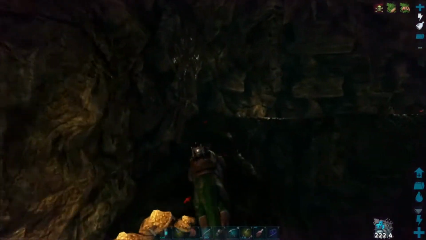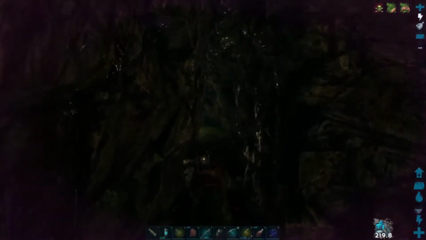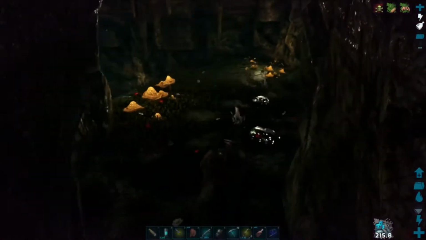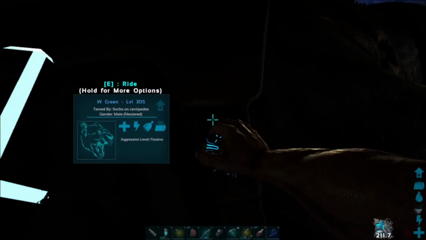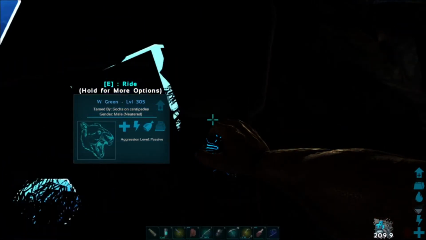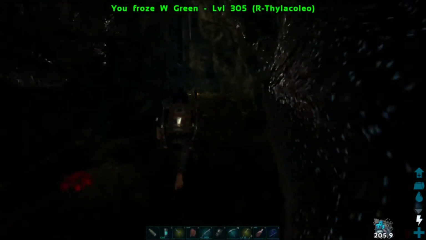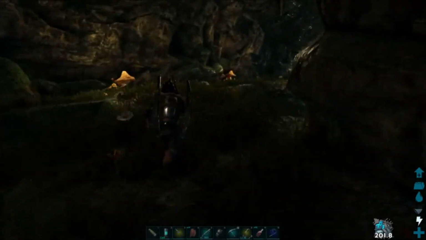And yeah, sometimes you can make your Thyla fly, as you can see here, when it comes out of the water, but it still can't get through. But that's just a little random glitch that always happens in this cave. It won't make any difference. I've never found it causing the Thyla to be corrupted or something, but yeah, you can just punch it to land it back down. So yeah, and we'll just run all the way back out